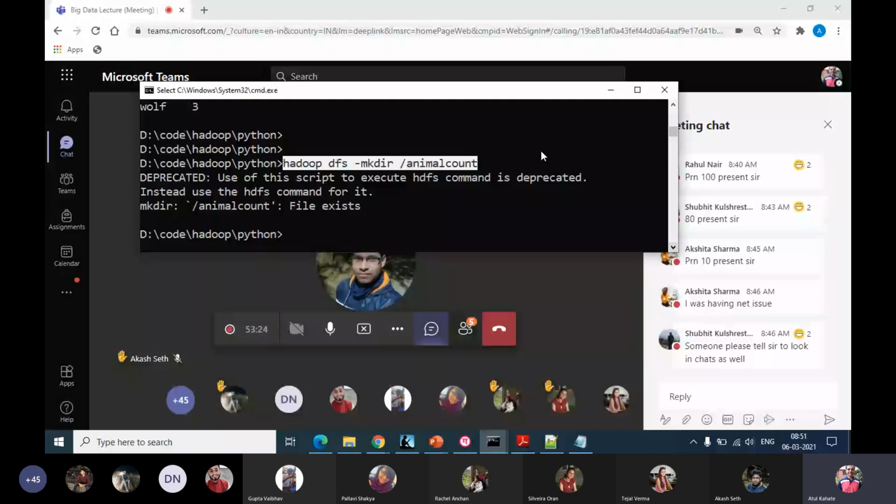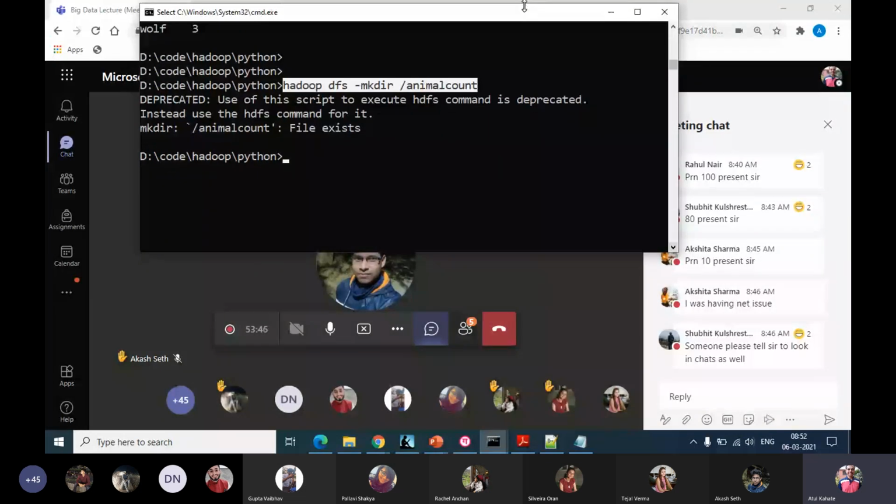I repeat, to run this command, you will have to start the Hadoop services successfully. And if you're not able to do it, these commands will not run. So at least note them down, and maybe once the Hadoop problems are fixed, try these. Those for whom Hadoop is running successfully, you can try running them now.